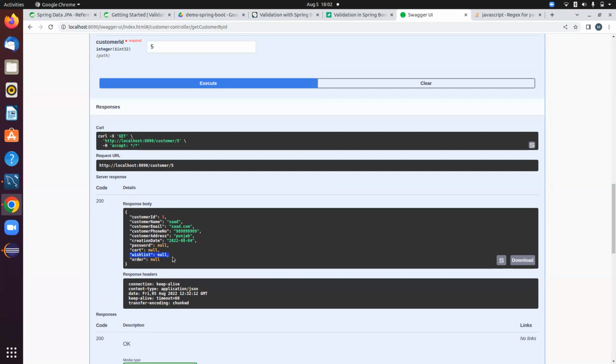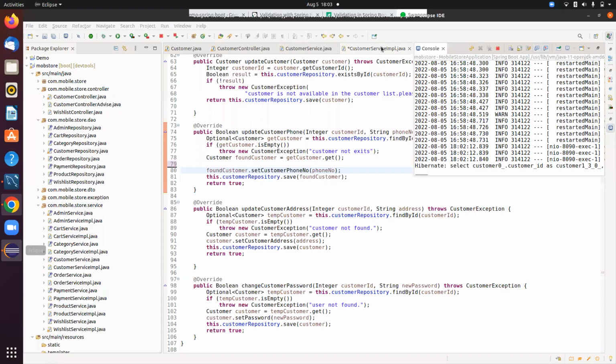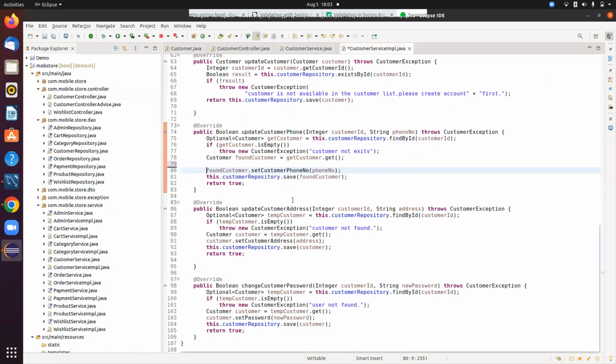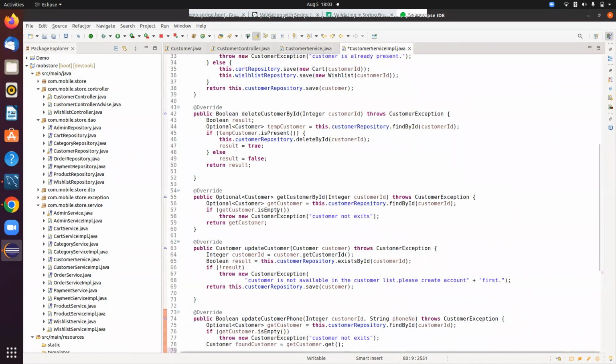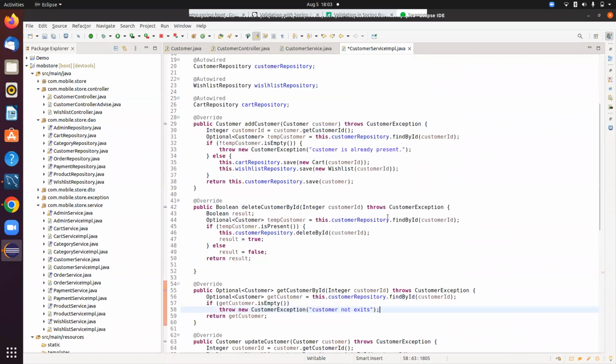So what you need to do, whenever you create a wish list, you need to associate it with a particular customer. So find that customer, you will be having the ID. Let's say Mohammed is having one wish list. So both the data we have, but is it linked? No. What you need to do, you take the Mohammed ID, then the wish list ID. Then with the Mohammed ID, find the customer. Then in the found customer, there is a method called set wish list. There will be get wish list and set wish list also. Using set wish list, this wish list object needs to be set and then persisted. Then a foreign key will be referring to that particular wish list. So then if you retrieve it, you will get it.